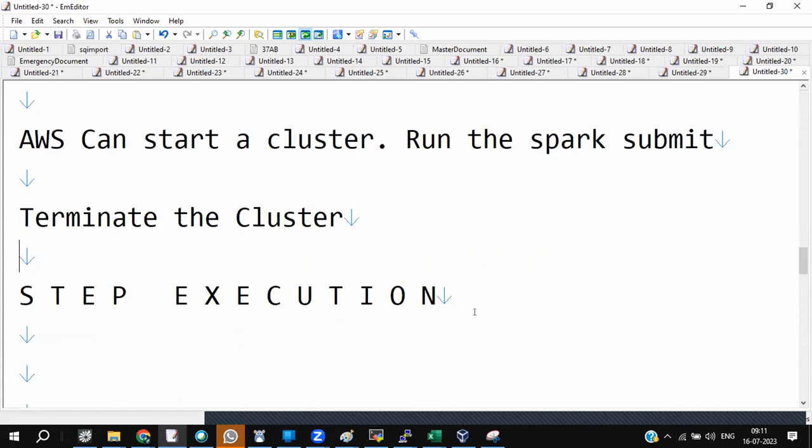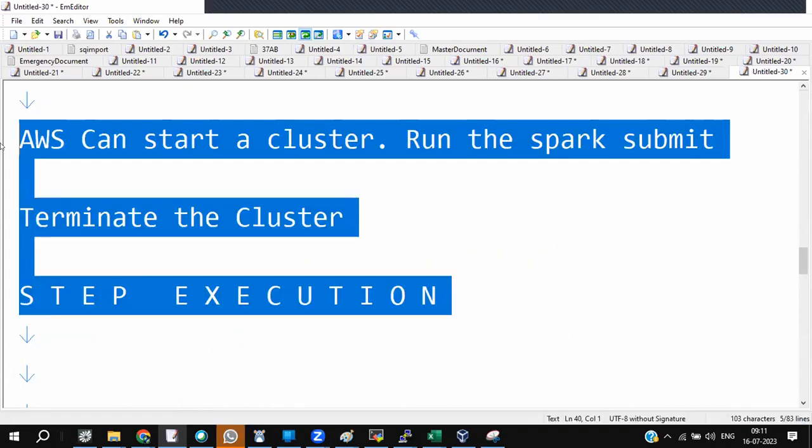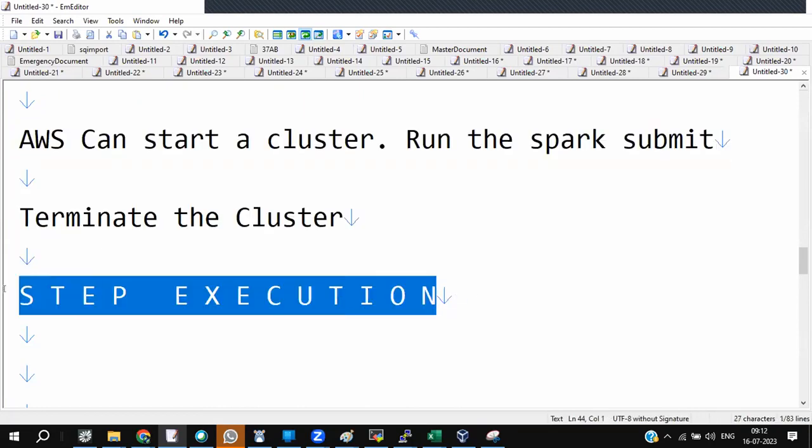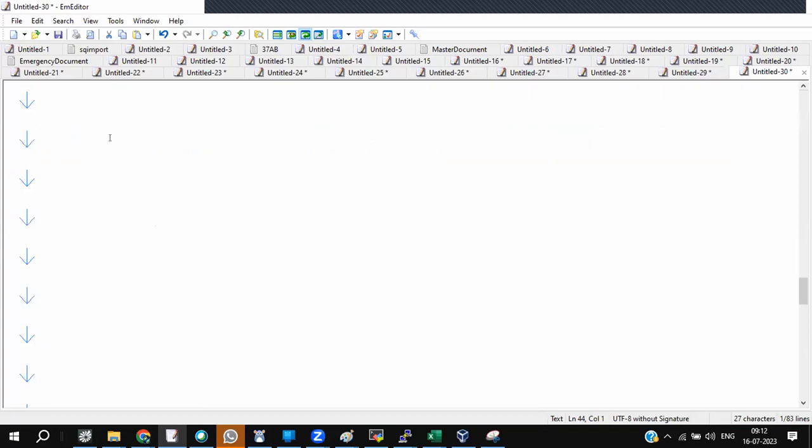Now, this is how we can start a cluster, run the Spark submit, and terminate a cluster. We call that process what? It's a step execution. Now, let's trigger a step execution. What is step execution, folks? In three words, what will you say?